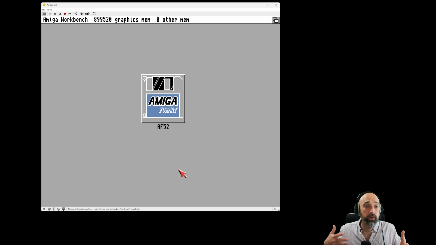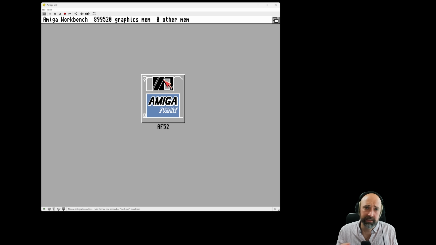Now, of course, if you wanted to try this for yourself, you could do it on a real Amiga, of course. You could do it on your Amiga Mini, WinUAE, Amiga Forever, however you want to do it, just to make it as easy and accessible as possible. And honestly, I would recommend using a modern computer in emulation, just because, as you'll see later as I get more into this,